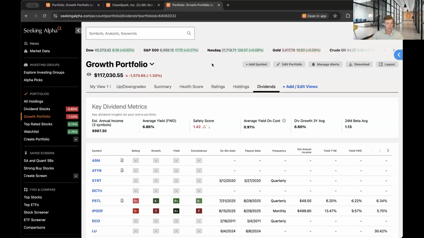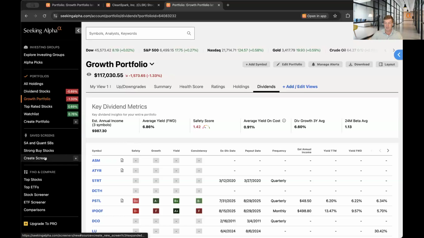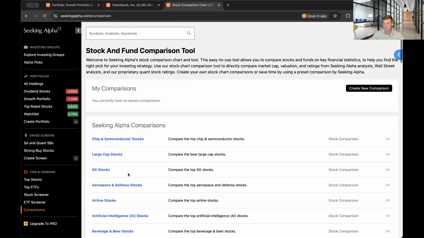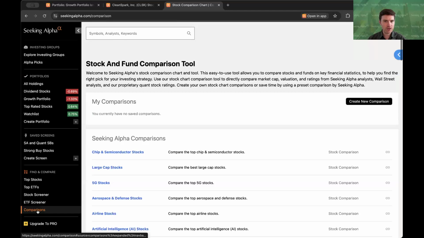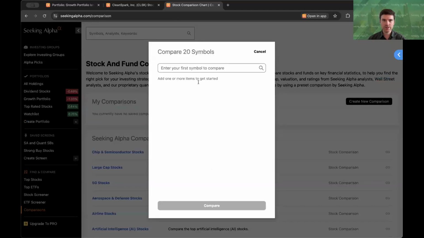And then we also had another question about doing a simple comparison of two different stocks and additionally comparing them with an index. We have a really good tool here called Comparisons at the bottom of the left nav that we can pull up. I'll hit Create New Comparison and I can enter, maybe, that stock that I mentioned before,